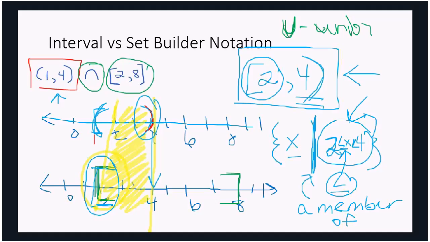So for that set builder notation, you have to have the curly brackets on either side. You have to have x as a member of this long line. And then you have your sentence, which explains the parameters of your set. So you're going to use inequality symbols to show that, and you're also going to include x in here. So that's the set builder notation versus the quick and easy interval notation here. So just to differentiate between those two, drawing the number lines can be very, very helpful. So I recommend doing that.